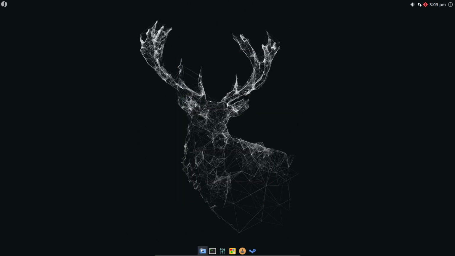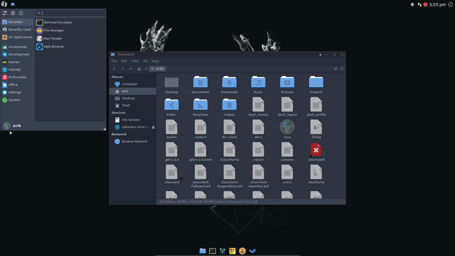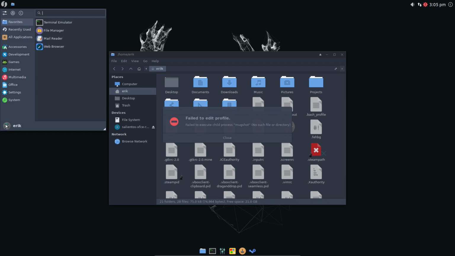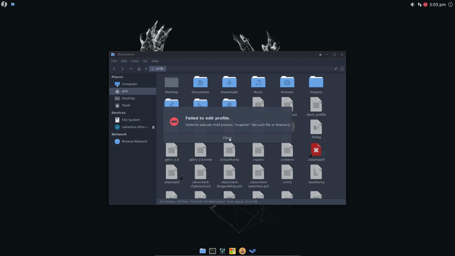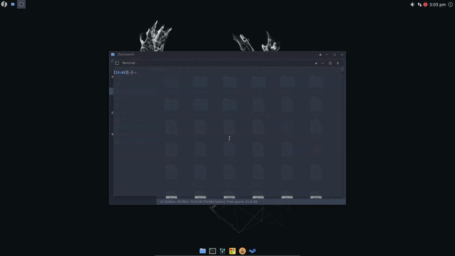I was just going to quickly show you that one. So this is, that's a strange face. I did not notice a face. So there is a face here. That's no problem. If you want to edit this, if you want to change this thing, you need to have the application mugshot. Control T, yay mugshot. Let's see if it's on yay.